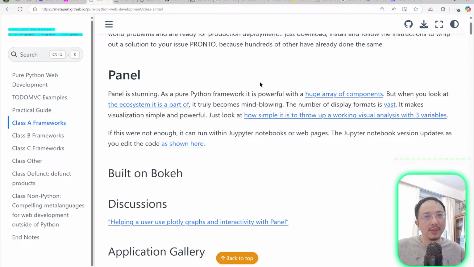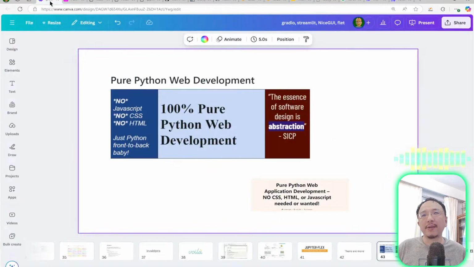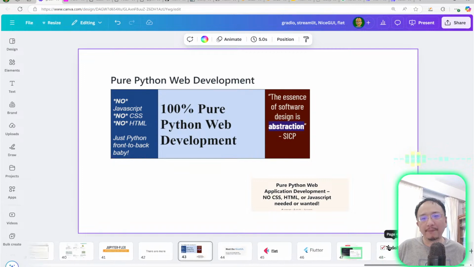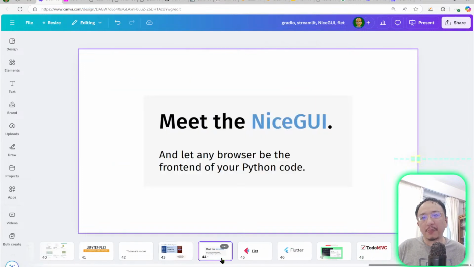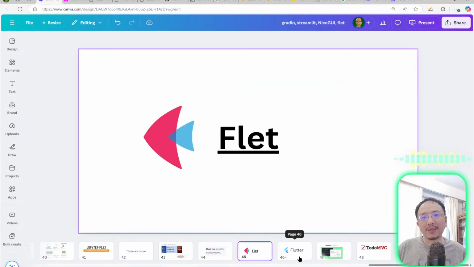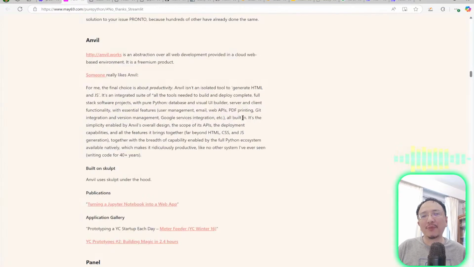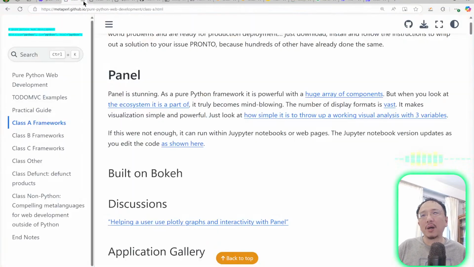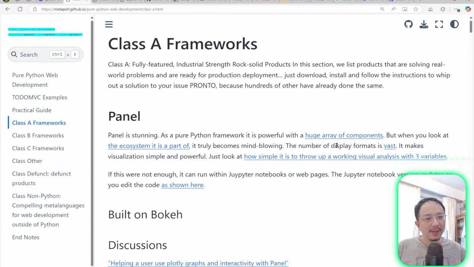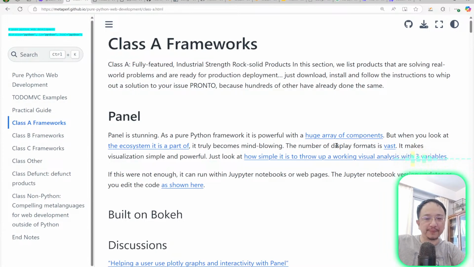So let me give you a quick walkthrough of these things, and we will focus more on some of them, perhaps just NiceGUI and Flet. But let me give a quick overview of the gallery of different frameworks that is provided. One thing you can see is a very long list of